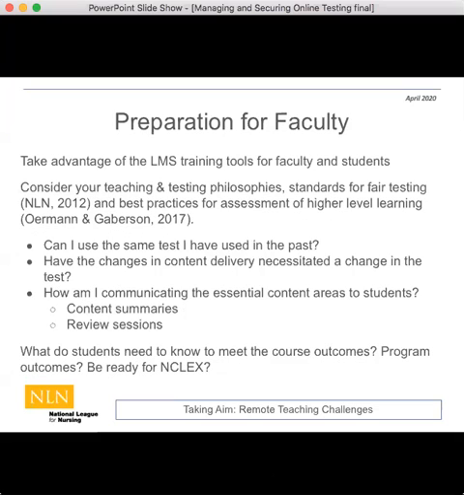So the first thing you need to do to take advantage of this type of system is see if you actually have it. A lot of learning management systems have it embedded, but it's probably disabled, and it needs to be turned on for your course. There are tons of resources that will help you test the system out. There are webinars that will walk the students through, and it's not a very complicated process.